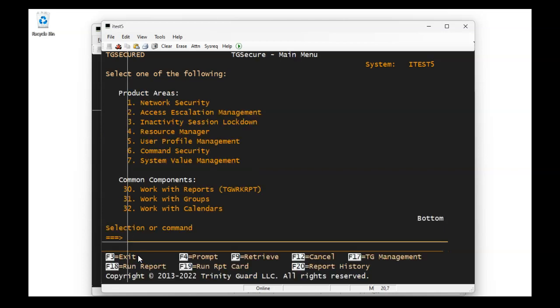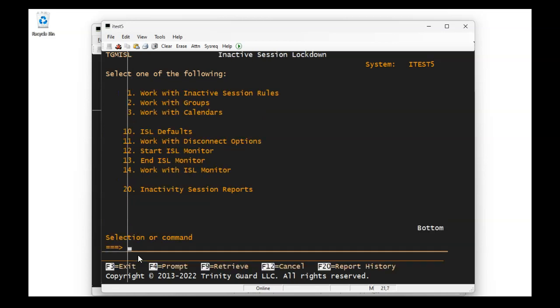So IBM has the ability to handle inactive sessions, and what we do here is have the ability to set rules and disconnect users based on other criteria. So we can base that off of users, workstations, programs, subsystems, various other things that we can set more specific rules on. So I'm going to pop in option 3 here, and what I'll do first is get into the